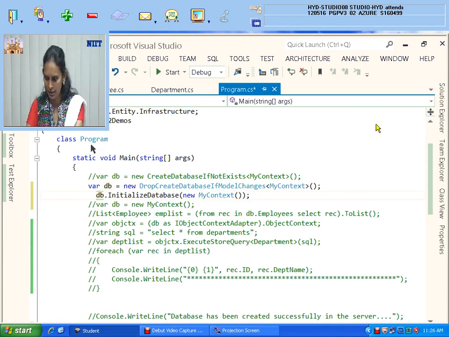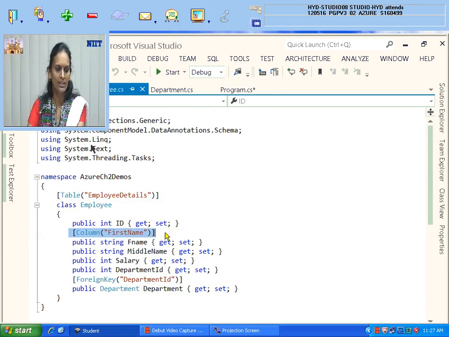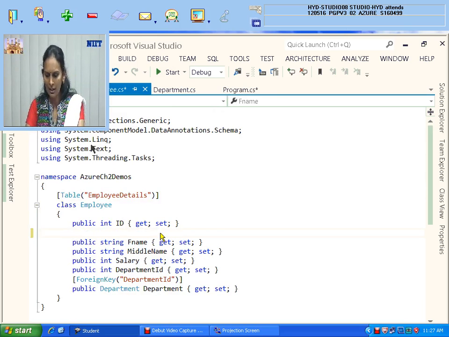Okay, initialize data context. So let me go to my context, not my context, employee. This column, whatever extra we have given, I am removing this line, because of that only we are getting these many problems.